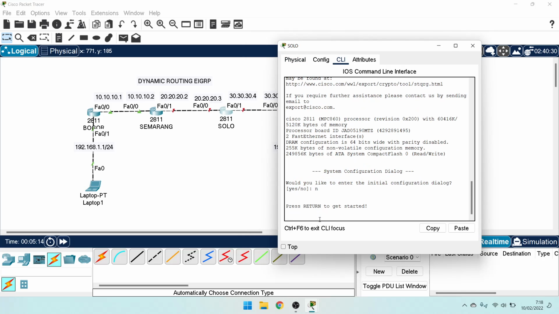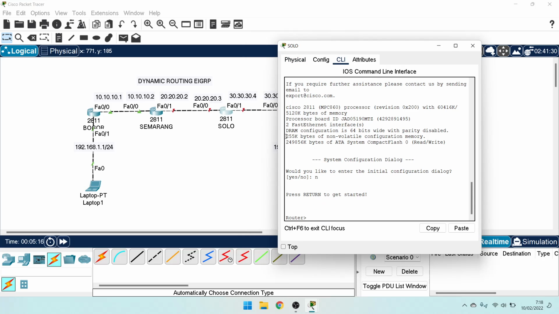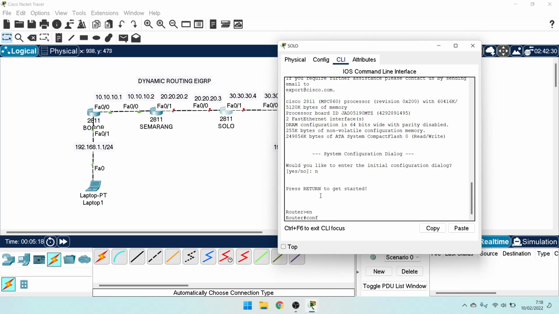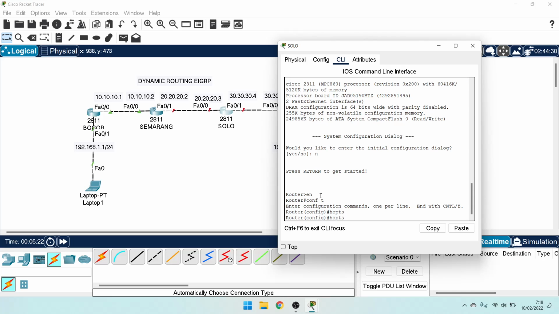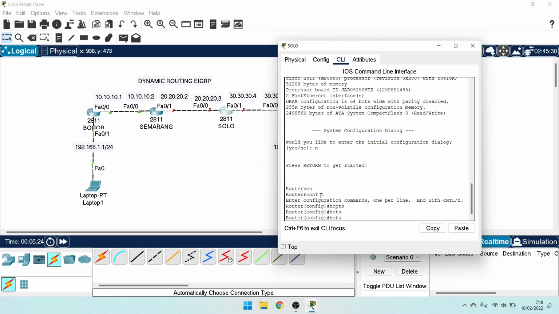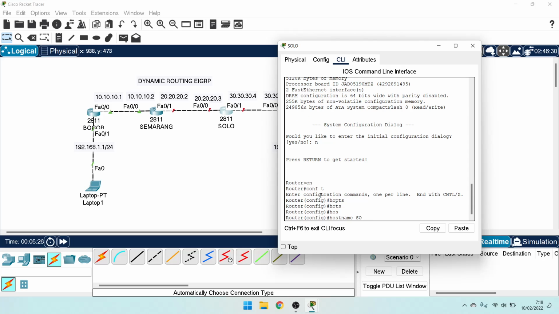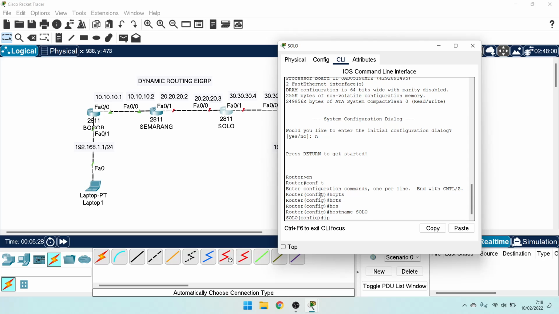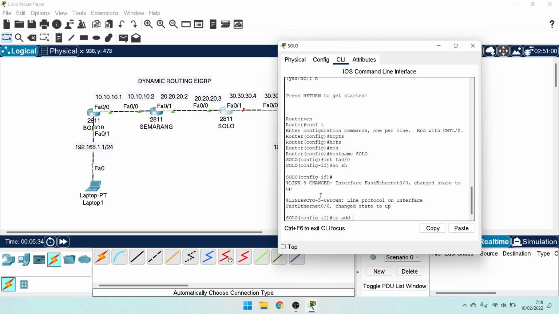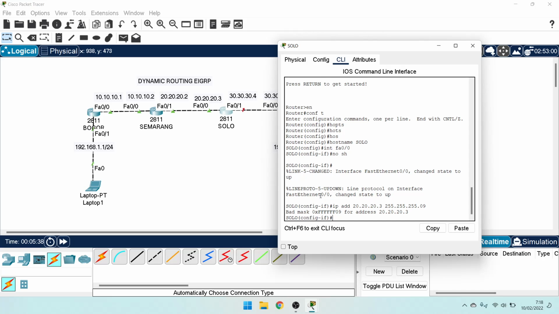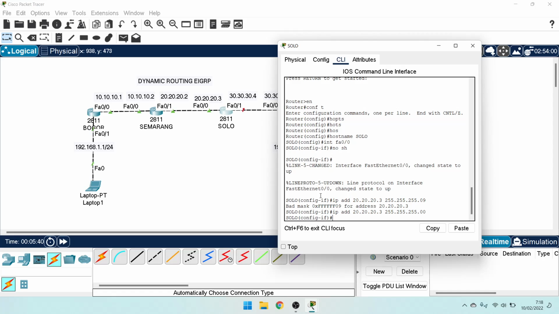Enable, configure terminal, hostname Solo, and interface FastEthernet 0/0, no shutdown, IP address 20.3.